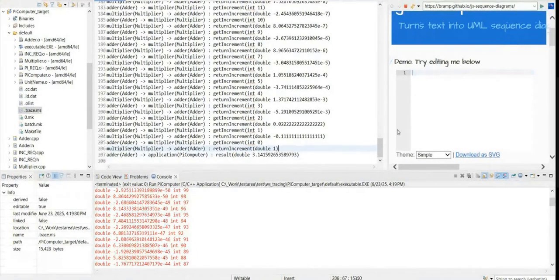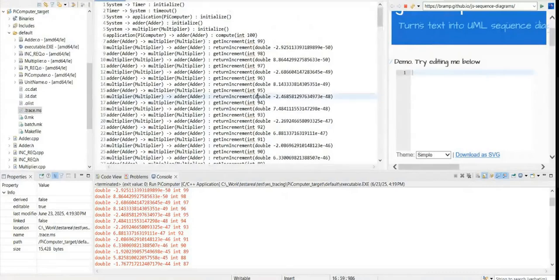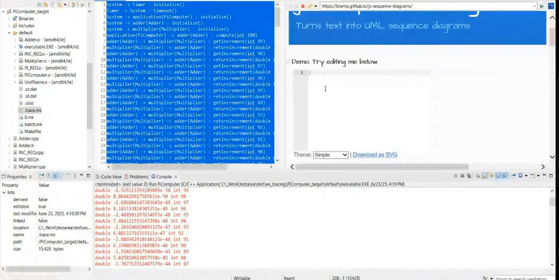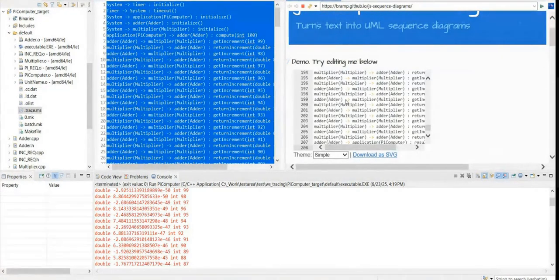So now let's try to visualize it in a sequence diagram. Currently, the only way to visualize is to use a web browser and use this JS sequence diagrams resource. So I will just copy this trace, go to this web browser and paste it into this window, and we can see